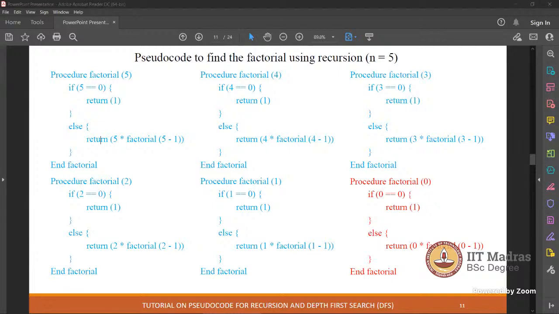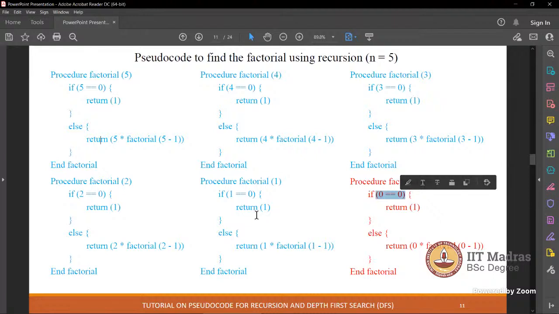Yes, Sir, Bhavna. Hey, hold on. If you have a doubt, please raise your hand and wait for your turn. Yes, Bhavna. So this pseudocode, n is equal to 0, is the base case. Sir, I did not get what you said after n is equal to 0.